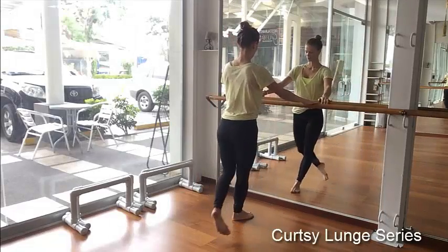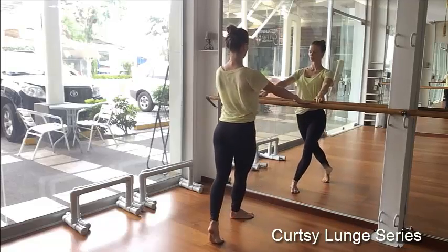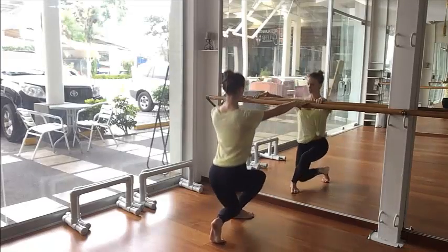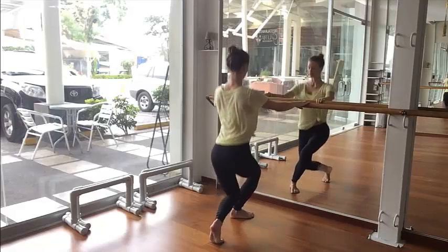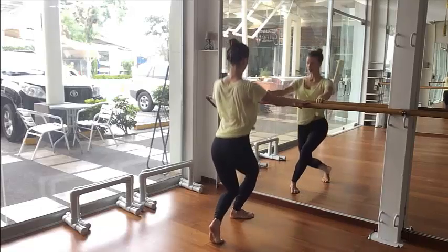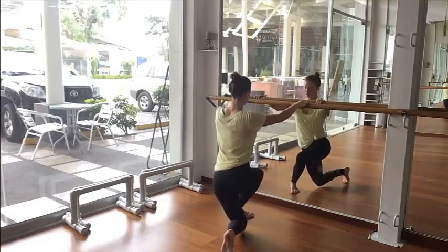Okay, today we are working an inner and outer thigh series, okay? This is a curtsy lunge. You're stepping one foot back at a slight angle. It's not stepping directly back. You're at a slight angle here. The knee is coming all the way down to the ground just behind that other heel or that other ankle, okay? It's a nice close stance with that crossover, squeezing the inner thighs as you come up to the upright